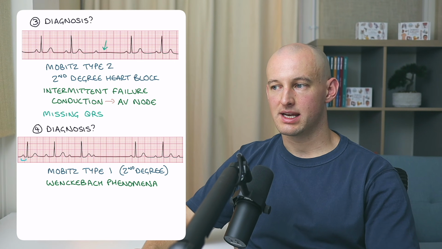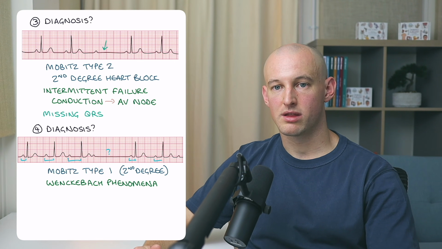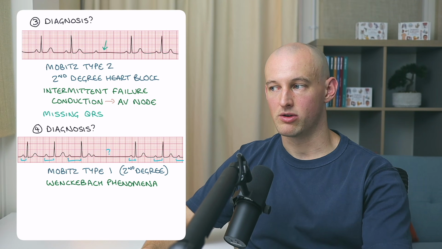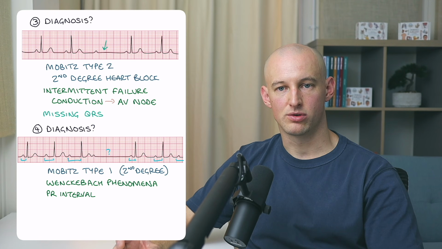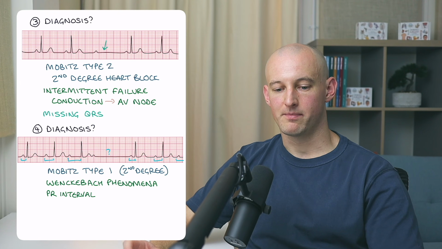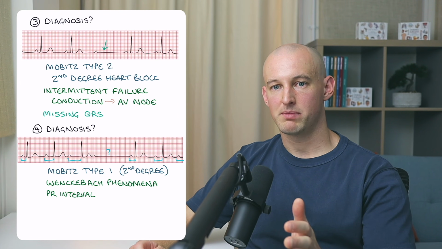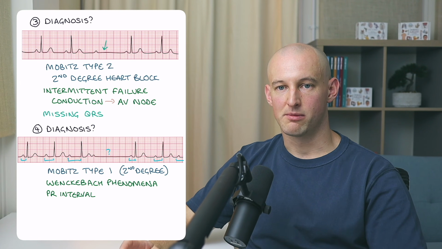So here you can see this is caused by conduction through the atrioventricular node taking progressively longer until it fails. What this looks like on an ECG is the PR interval, which is the distance between the P wave and the QRS complex,